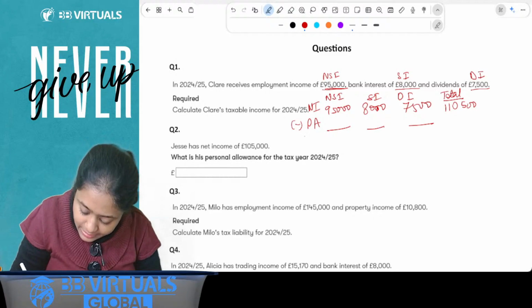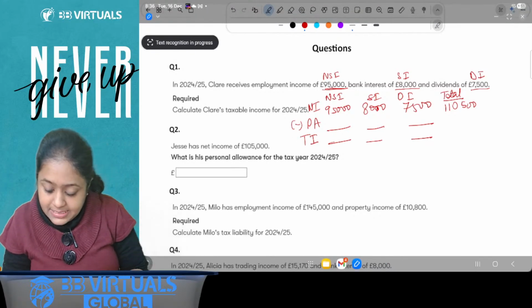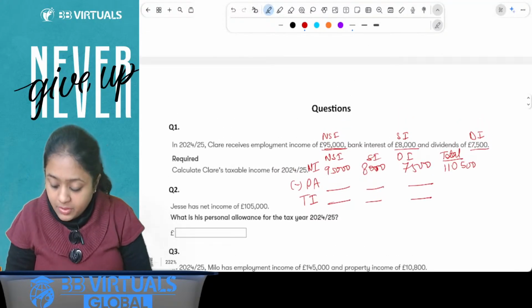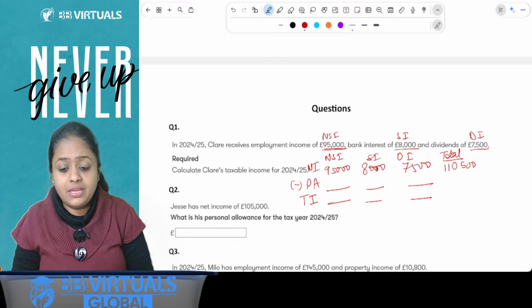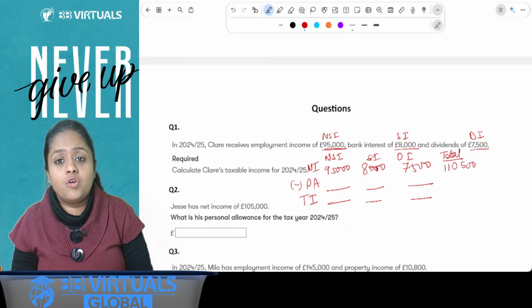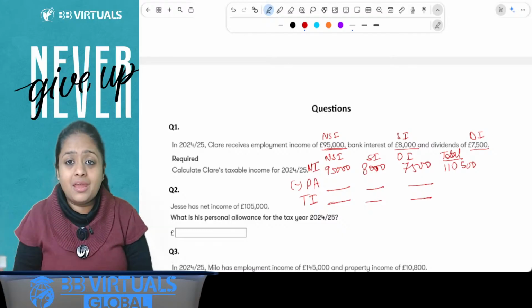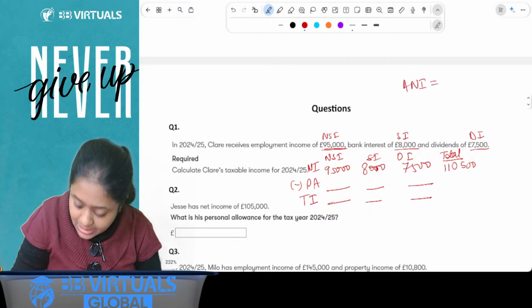Okay, let's calculate the tapered PA. So please look at my screen and let me do it here. Now, here ANI and NI is same because I don't have any gift aid donation given in the question. I don't have any gross personal pension contributions given. Nothing is given. So ANI and NI are same, right? So here my adjusted net income will be